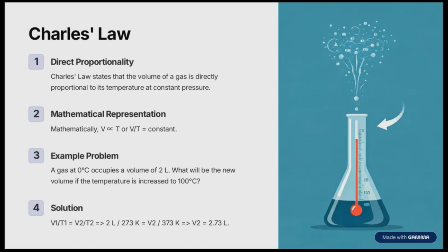So let's move on to our example. Here we have a gas at 0 degrees Celsius that occupies a volume of 2 liters. What would be the new volume of the gas if the temperature increased to 100 degrees Celsius? This question is trying to apply Charles' law, because Charles' law is one that tries to explain